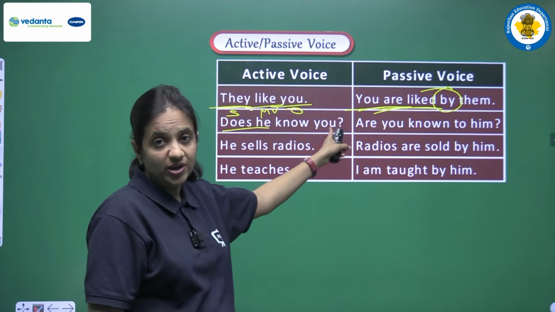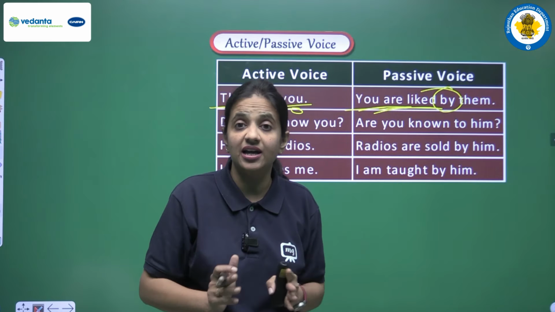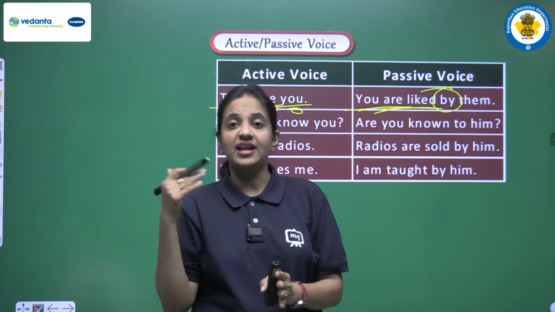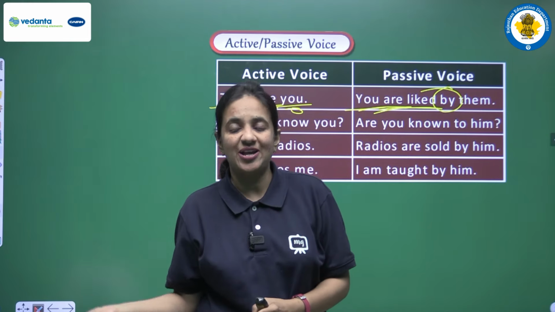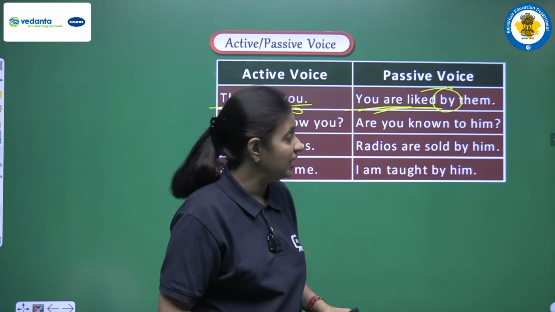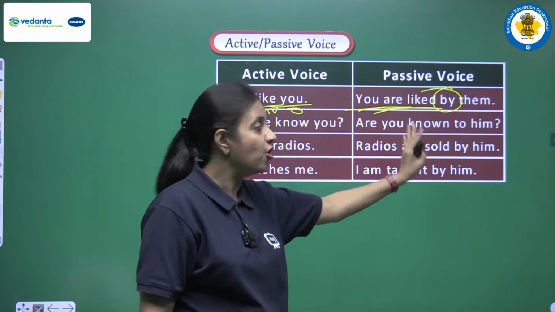Now this is an interrogative sentence. So passive voice भी interrogative form में ही हमें बनाना है. Okay, हम sentence का type नहीं change कर सकते. If we have a negative sentence, then passive voice will be negative also. If we have an interrogative sentence, then yes, passive voice will be in interrogative form only. So this is an interrogative sentence. So passive voice भी हमें interrogative ही form करना है.